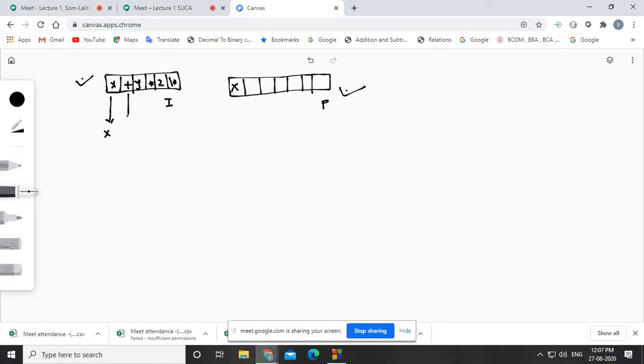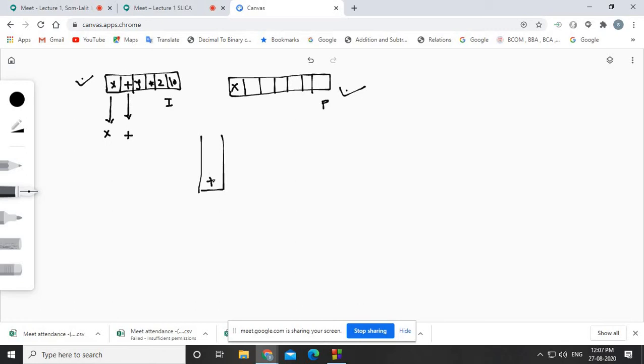Let this be a plus. Plus is what? It is an operator. If it is an operator, that has to be pushed into the stack. So that is the second rule. Operand will be stored into the postfix. Operator will go to the stack, right?